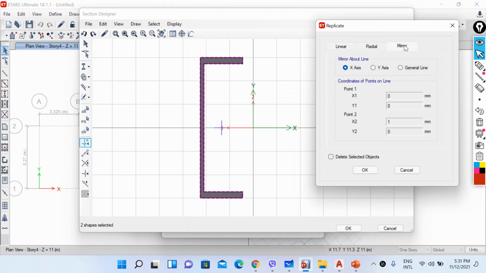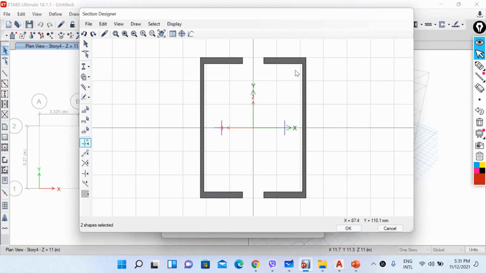We will use the mirror option and we will mirror this section about our y-axis, that is the vertical axis. We do not want to delete our selected objects, so do not check this, and then left click on OK. So here you have created this 2 ISMC 300 section, and the spacing will be